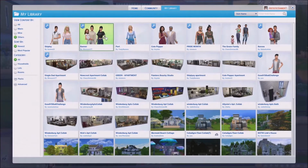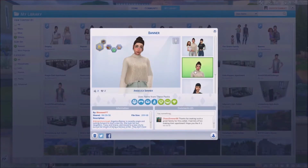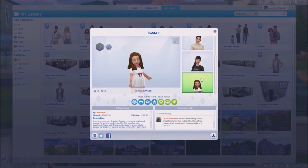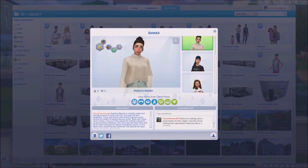Next one is the Banners, which you have Angelica, Tracy, and Gracie. These ones are made by Blossomi, and that is her name for Twitter and YouTube. And this was the family that she made. Basically, the description for these is